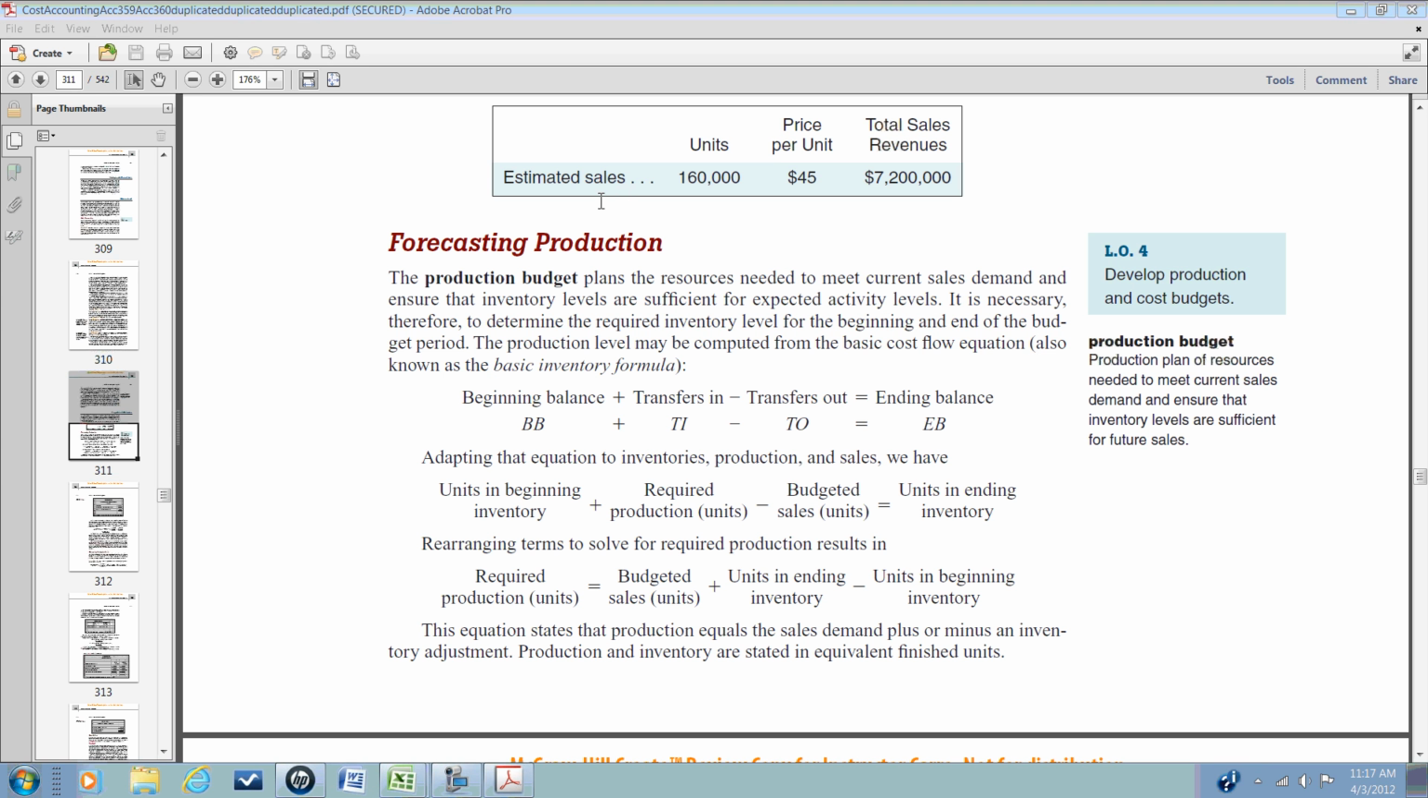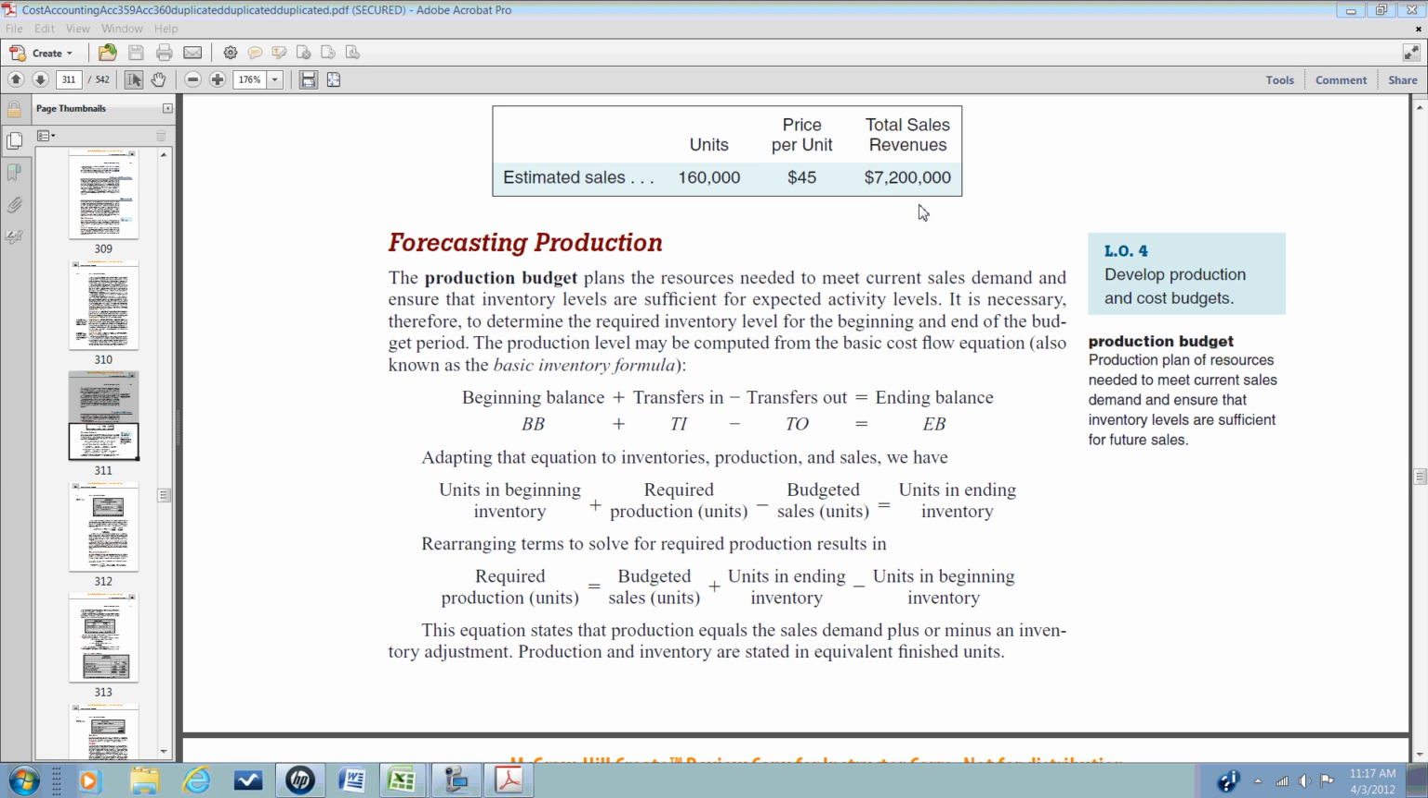Our sales manager has developed the following budgeted sales information. We have established the budgeted activity, that is the number of units we expect to sell in the period, in this case a year, at 160,000 units. And we've also set a sales price of $45 per unit, and taking the activity, multiplying it by our standard price, gives you our budgeted sales in dollars of